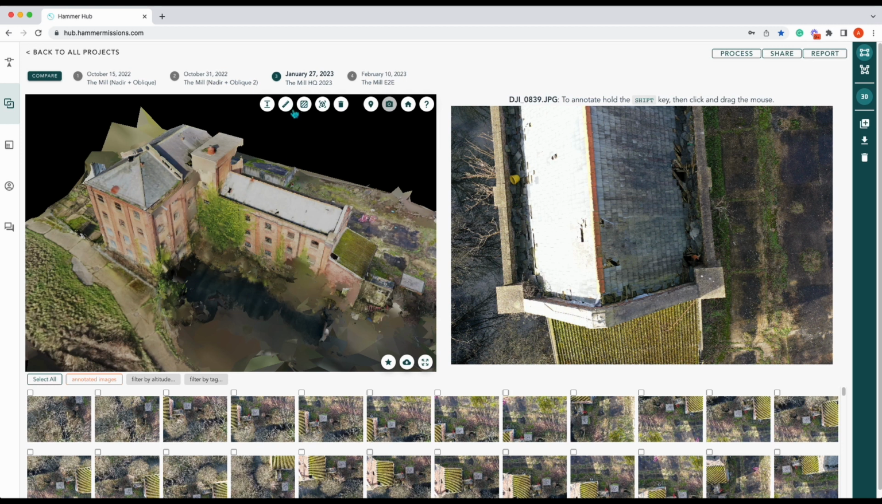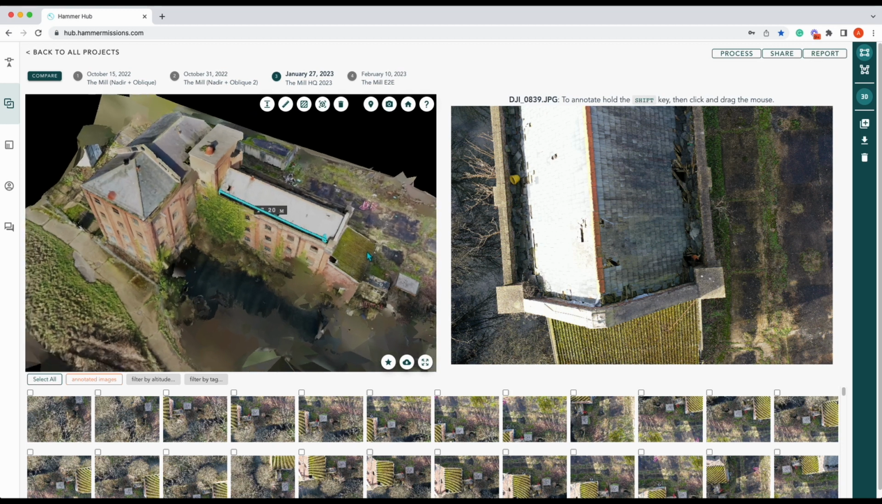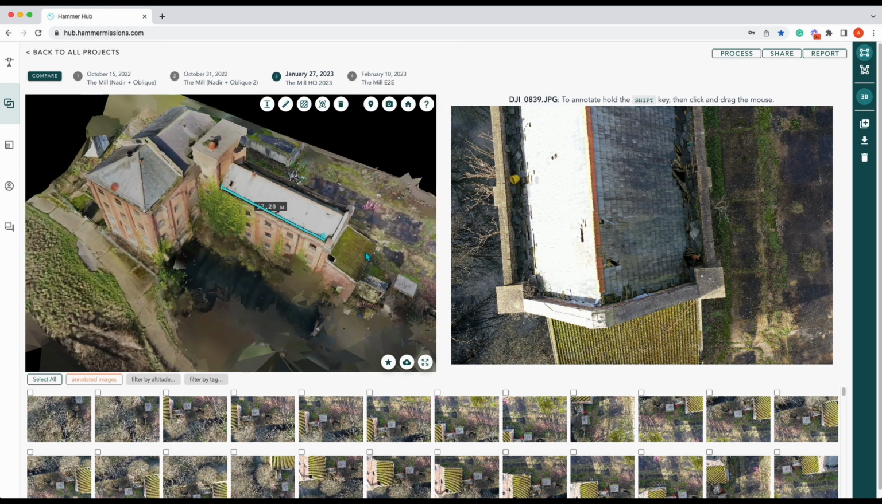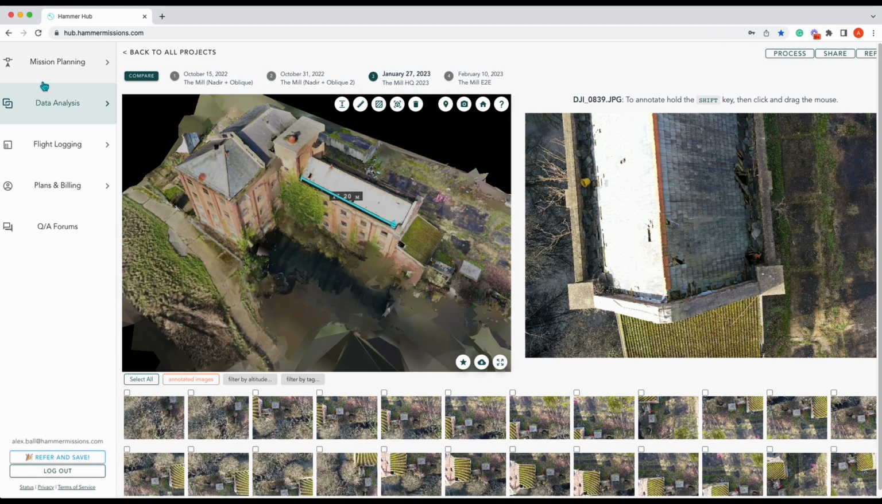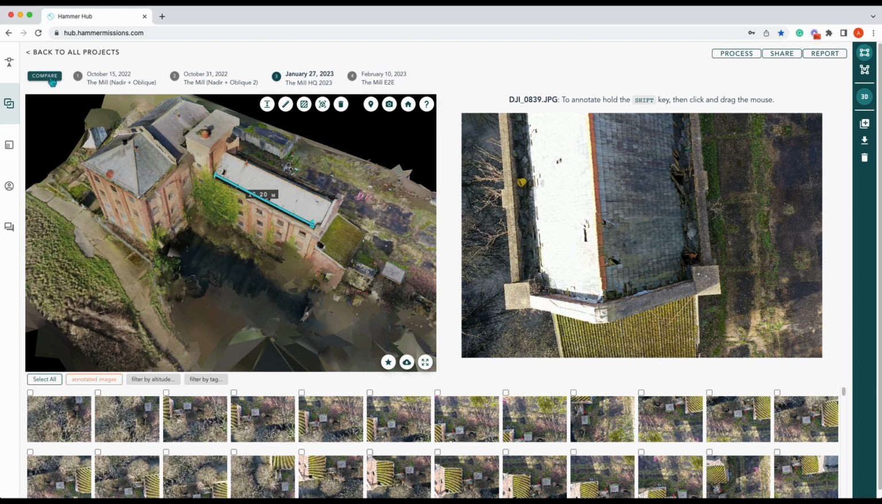We can turn our images off. We can use our measurement tool. Nothing has changed. So, what's so different about 4D? Well, as you can see, this is different up here. We've got 4 different models from different time periods. And what we're going to do is compare those. So if we press compare,